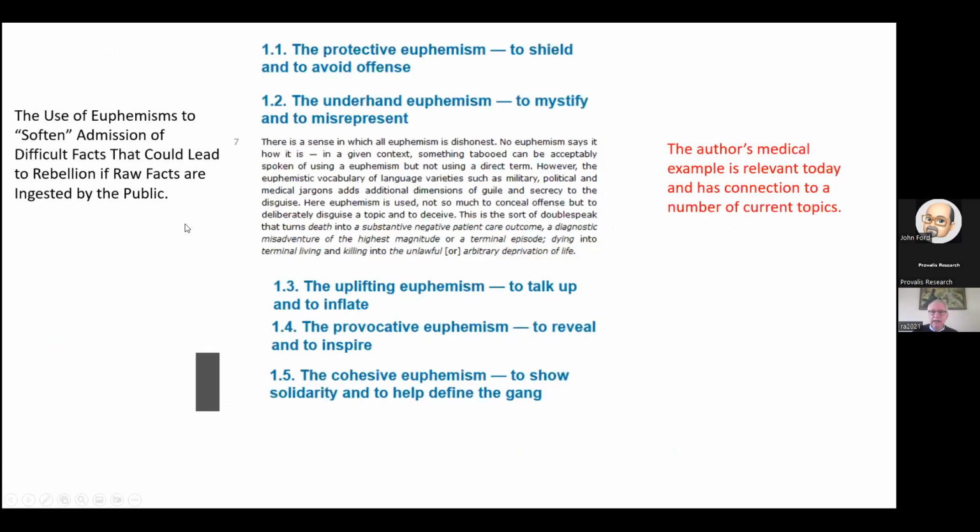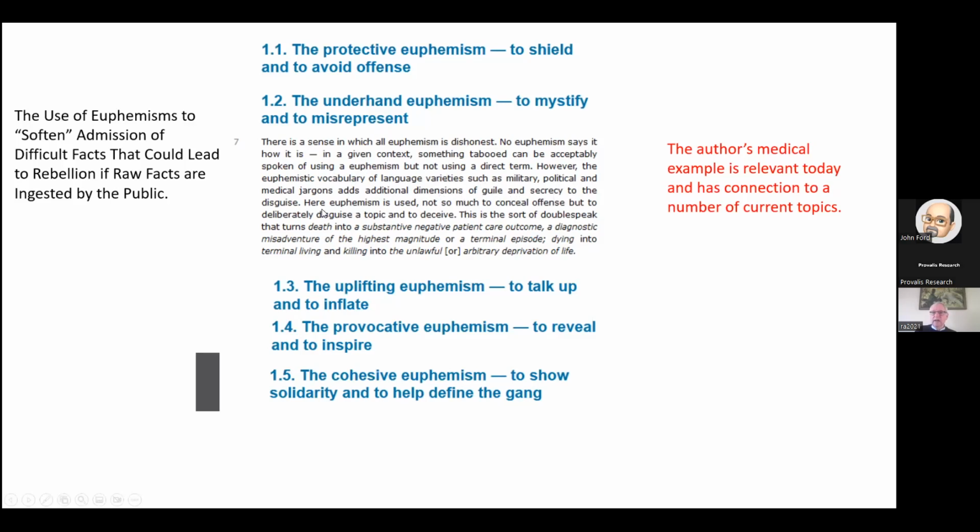And when you look at the literature on linguistics, this one from Kate Burridge was very interesting. She categorized euphemisms, and this is one where she said, there is a sense in which all euphemisms are dishonest. No euphemism says how it is in a given context. Something tabooed can be acceptably spoken of as a euphemism, but not using a direct term. However, euphemistic vocabulary of language varieties such as military, political, and medical jargons add additional dimensions of guile and secrecy